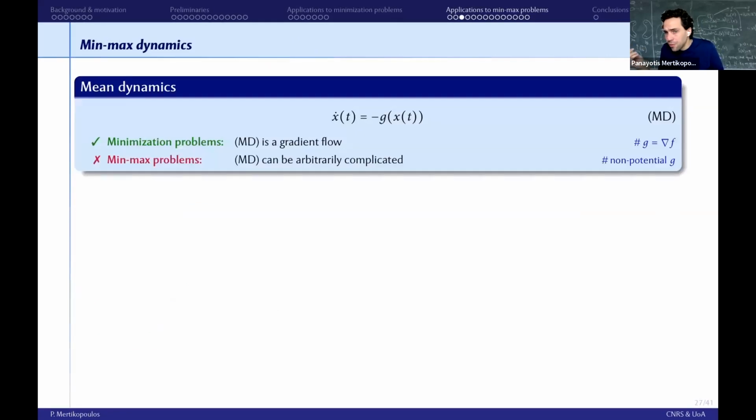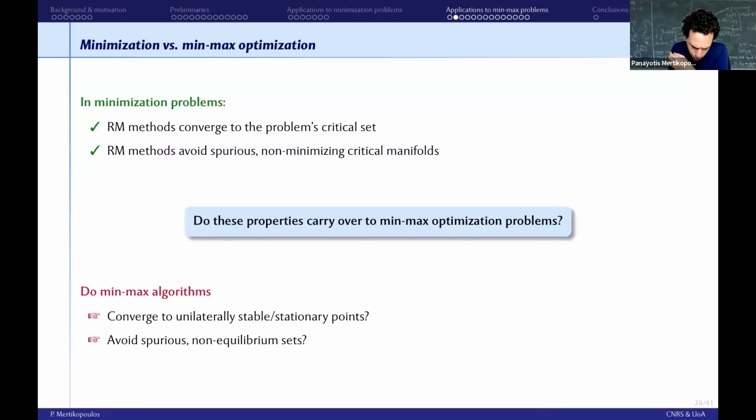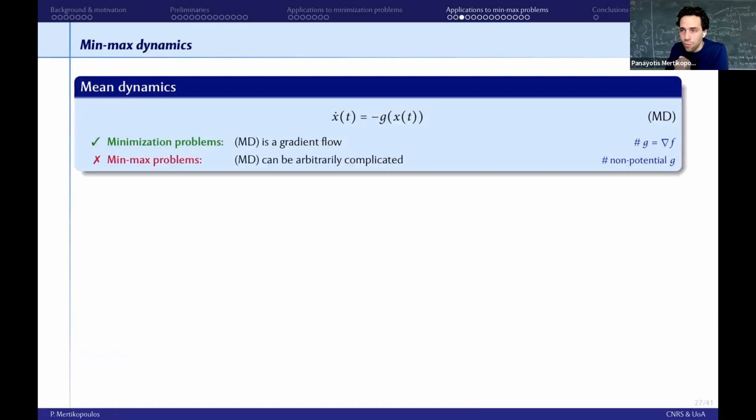The main difficulty here, of course, is that in contrast to minimization problems, the gradient flow in a min-max problem is not a gradient flow. It is a Hamiltonian flow, but still it can be arbitrarily complicated. All right, precisely because we don't have a potential structure. Nevertheless, if we start with the second question here, there is a powerful result that can be obtained for avoidance of